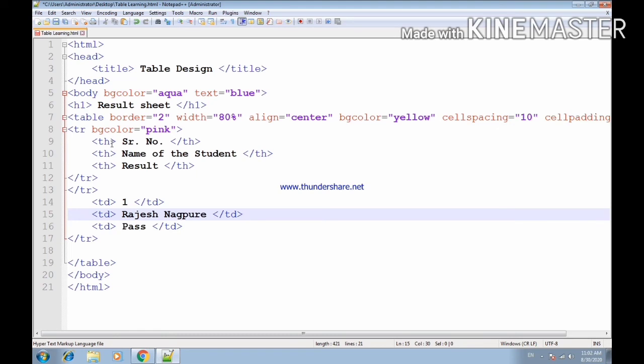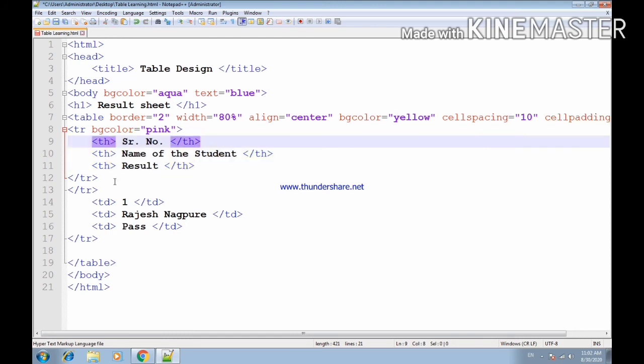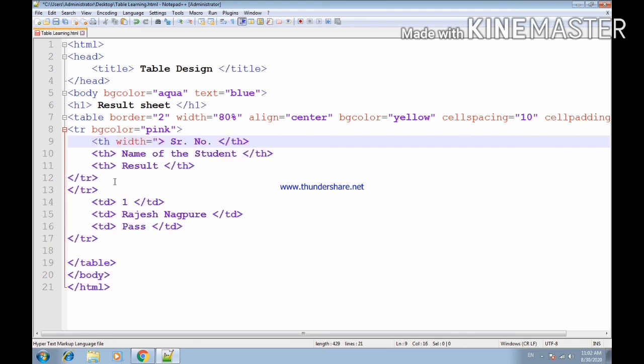Now let us see the attributes of th and td. Here by default th is bold, underlined, but we have not specified the width. So I am putting a width that is equal to 10%. Okay, 10% of what? This is in a table structure.